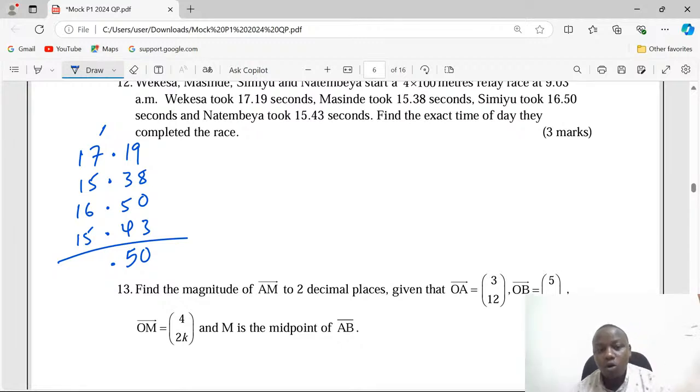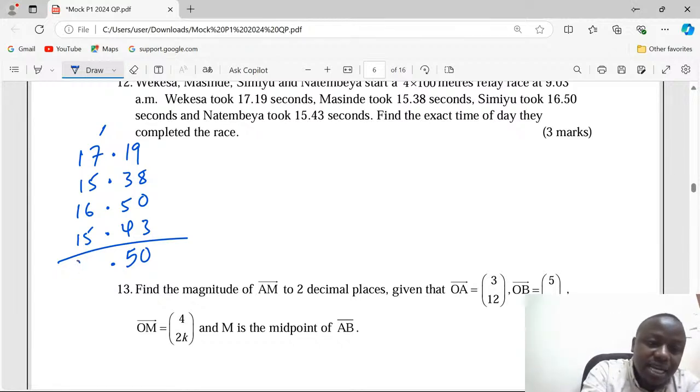When you add all of them and they go beyond 100, because they are centiseconds, 100 of them are required to make a complete second. So we have a whole second and 50 extra centiseconds. So we are carrying now the second: 1 plus 17 plus 15 plus 16 plus 15 again. That gives us exactly 64. So 64 seconds